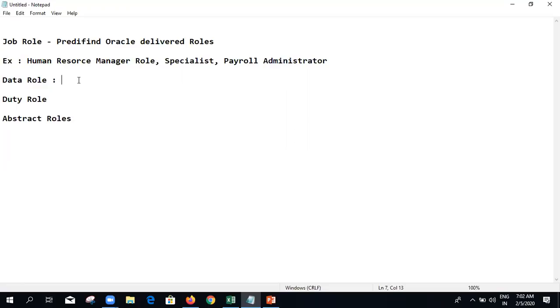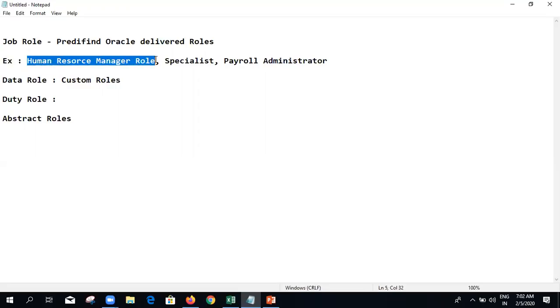So data roles are the custom roles which we create as per our requirement by using these seeded job roles. And coming to duty roles, what is meant by a duty role?